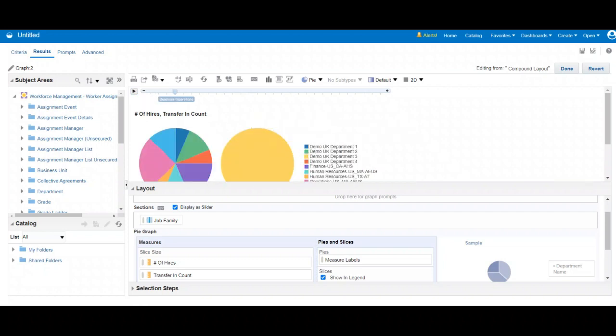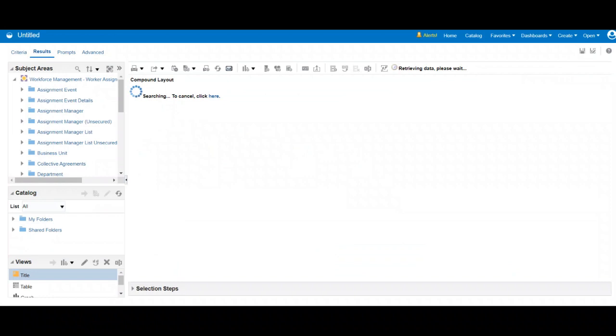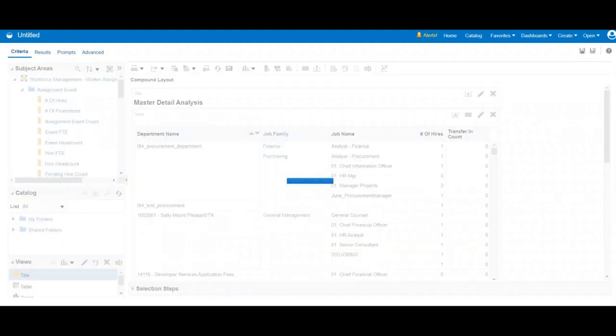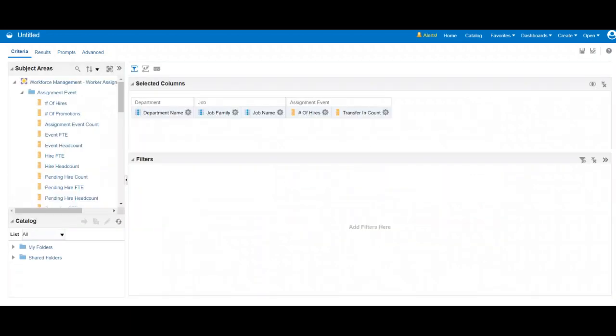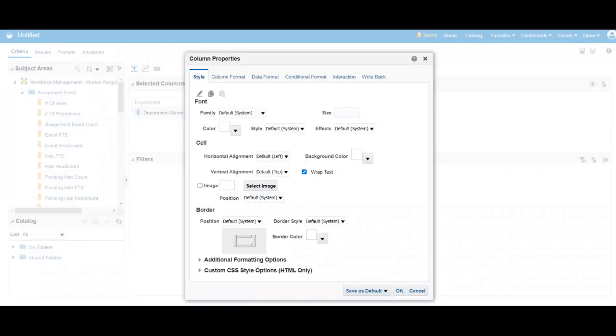Okay, so I'm going to click done here also. So we are done with two different views and their settings related to the master detail. In order to do that, I have to go to the criteria, and I will go to the job family column properties,